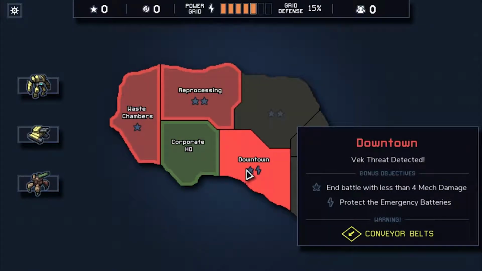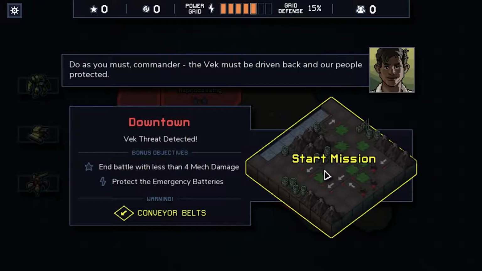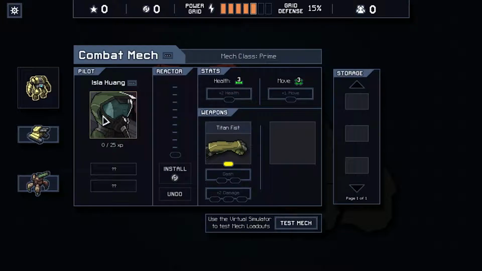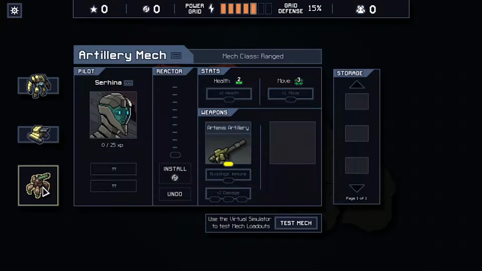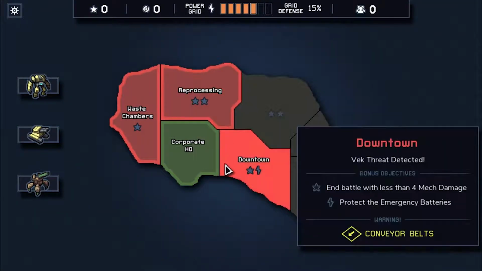Right, so we need to get 2 power, but we also want to get as many reputation as possible. Also, I do love the missions where there are extra environmental effects on, like this one. It's got conveyor belts, so they'll just move around, hopefully into acid or into each other and destroy themselves. Let's just check our pilots for now. But to get the double shot we'll need to put 2 power into it, but that's fine for now. Okay, let's go for the reputation and power